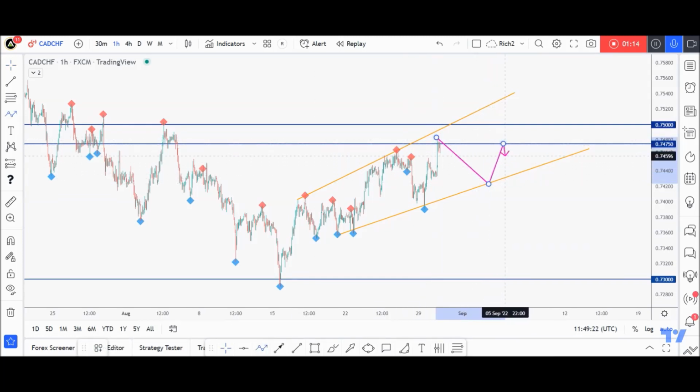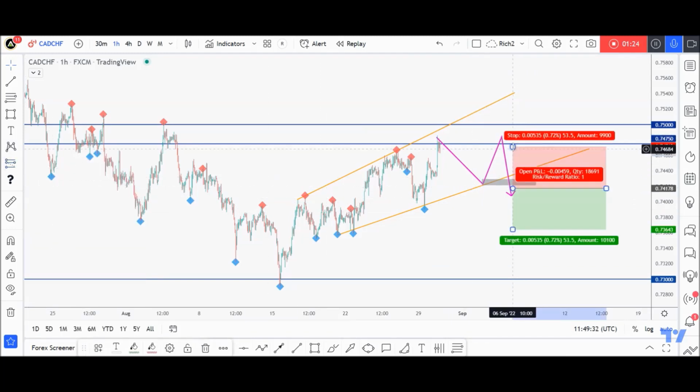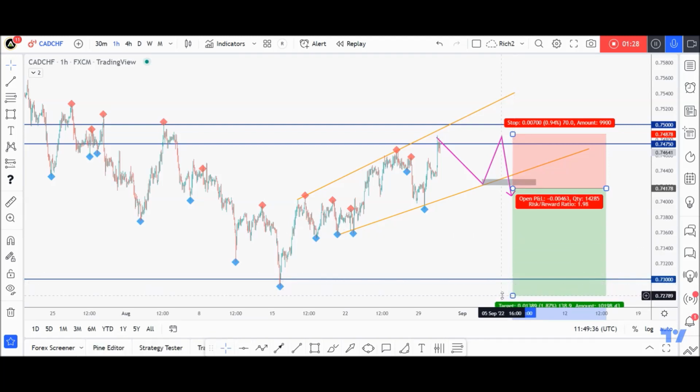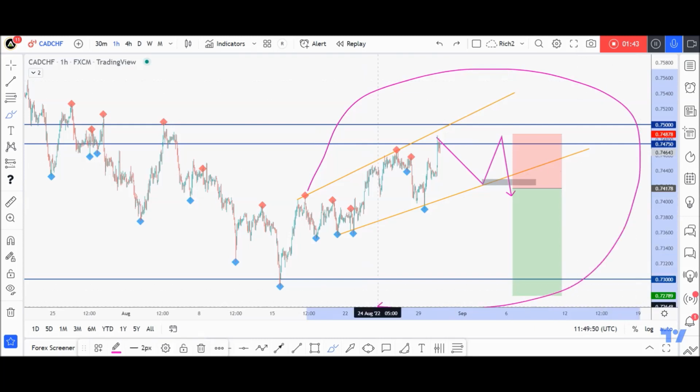So in my trading plan, I'll be waiting for a new swing low to form around the lower trend line to consider it my trigger swing. In this case, I'll be selling on a break downward. And of course, when the sell is activated, the stop loss would be above the previous swing high. And we target a 1 to 2 risk to reward ratio to have an edge over the market from a risk management perspective. Of course, from a short-term perspective, it depends on you if you are a day trader or scalper or anything. Meanwhile, you can also look for sell setups here from a short-term perspective,